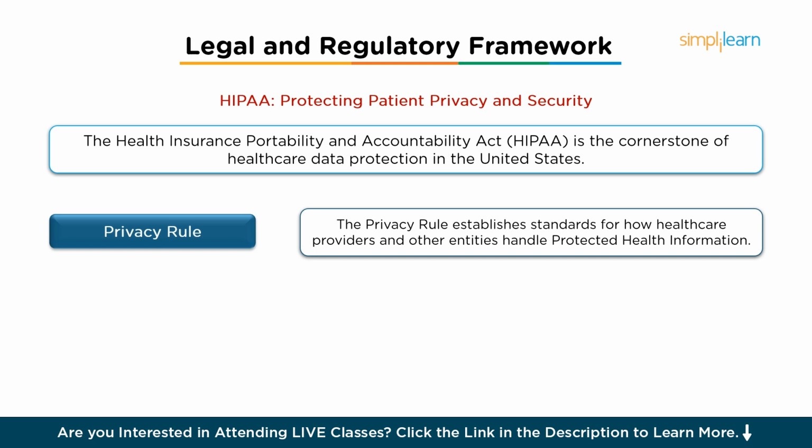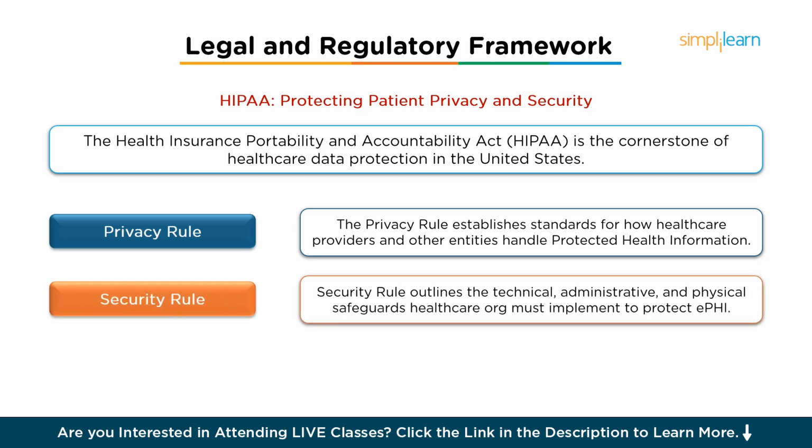It sets guidelines for patient consent, the sharing of health information, and the rights of individuals to access and amend their health records. Security Rule. The Security Rule outlines the technical, administrative, and physical safeguards healthcare organizations must implement to protect electronic PHI, EPHI. It requires entities to establish policies and procedures to prevent unauthorized access, ensure data integrity, and provide secure access to